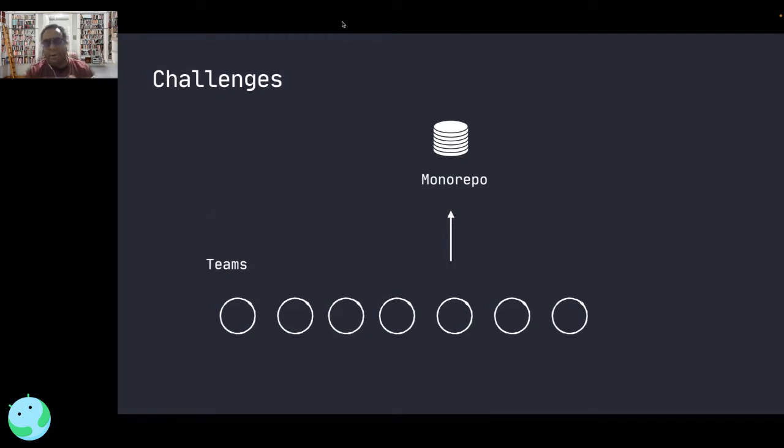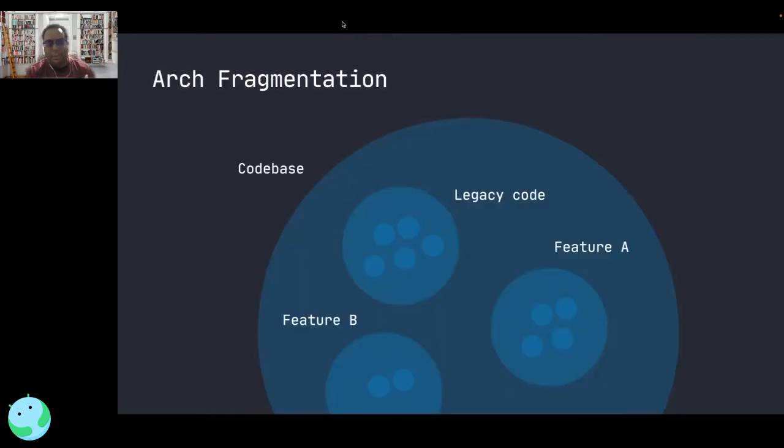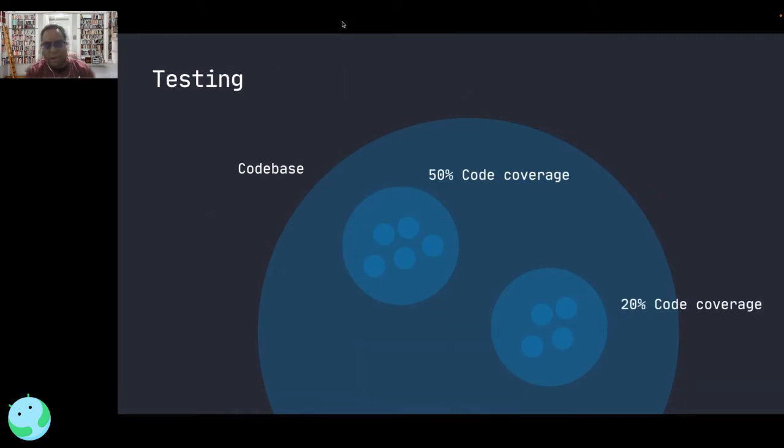You need a way that's automated, and you may be working on a large app where you have a lot of fragmentation. You have areas of code which are legacy and then new features. If you were to refactor an area which is legacy code, you want to make sure that it's under a test harness, it doesn't cause any regressions, and you'll have in a large code base varying degrees of code coverage